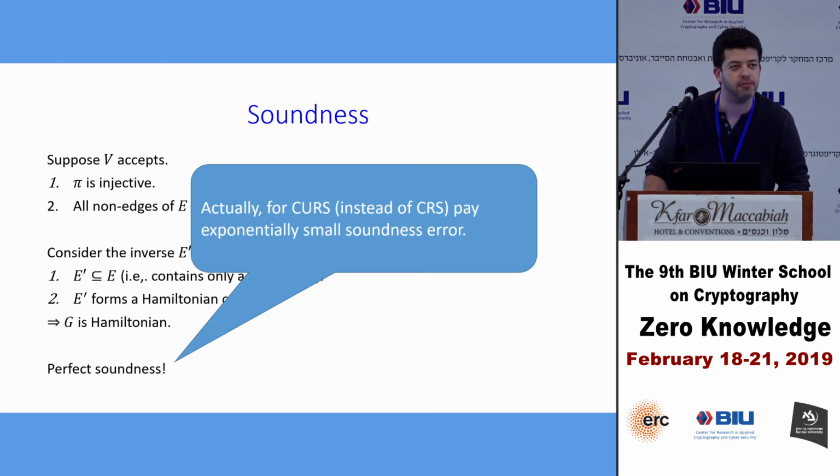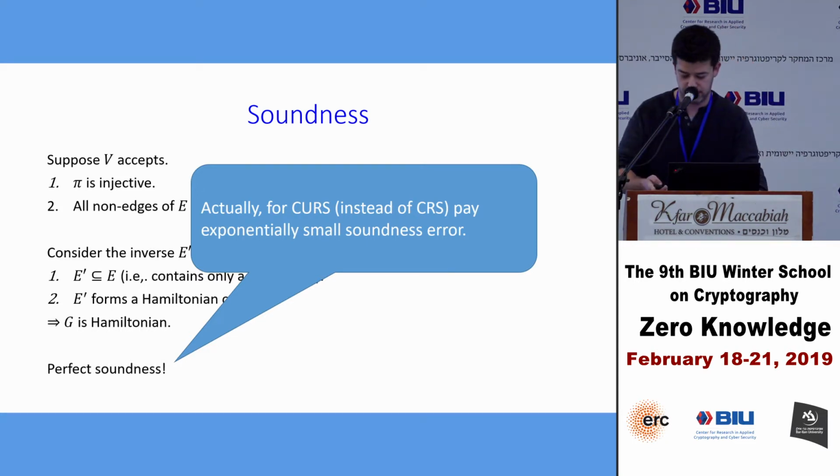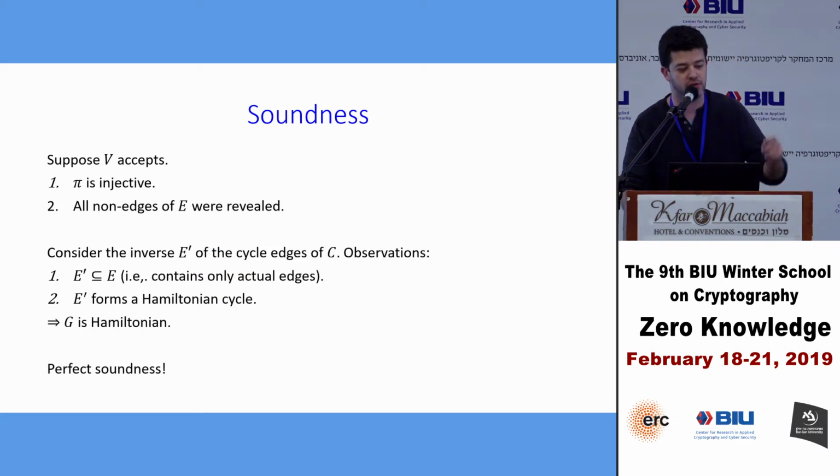Can you be a little bit louder? Yes, sorry. So E prime was the inverse. We know that the CRS contains a cycle graph, right? This is not up to the prover, both in the soundness and completeness conditions. The CRS, we know what it is. It's a random cycle graph. So we know that there is a cycle C, and we know that we have a mapping pi, which is injective. So I'm going to look at the inverse of the cycle. I look at the cycle C, I apply the inverse of pi, and I get a bunch of edges in the original graph. More questions?